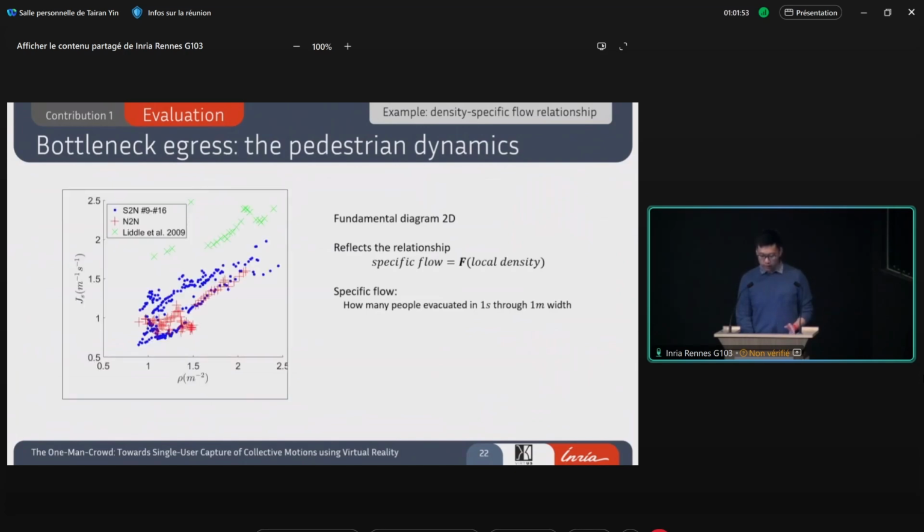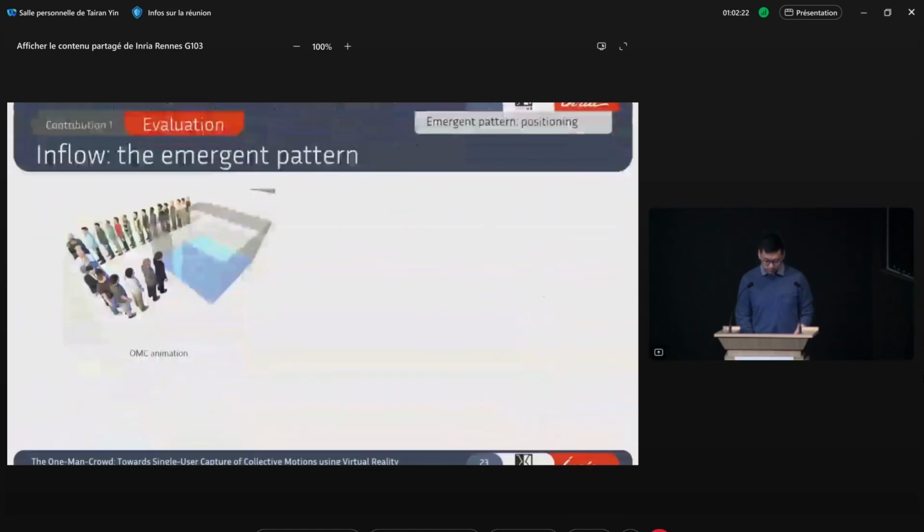And through this figure, we again observe that the OMC results show similar tendency compared to the real data. Only that this time we observe a difference in value between the OMC results and the real results. But, well, this is also some sort of expected situation. So basically, our observation in this scenario is consistent with the scenario of the unidirectional flow.